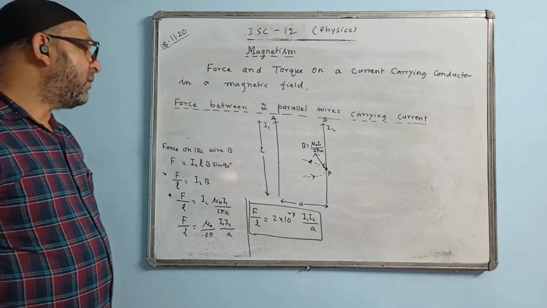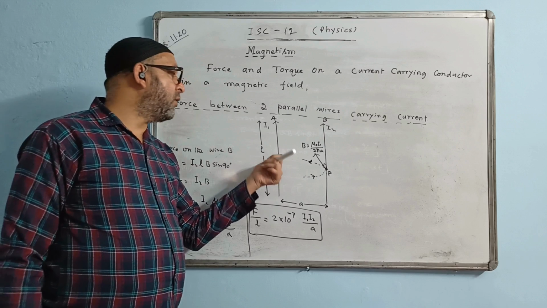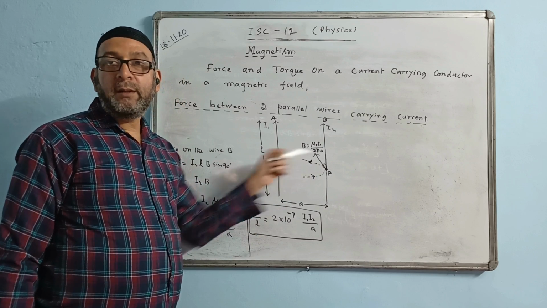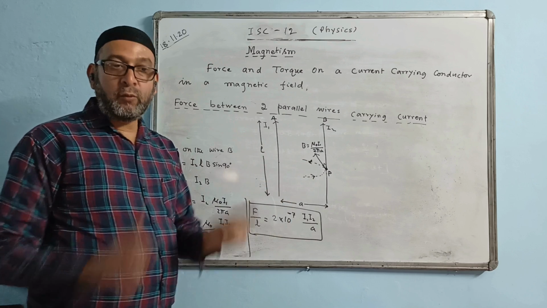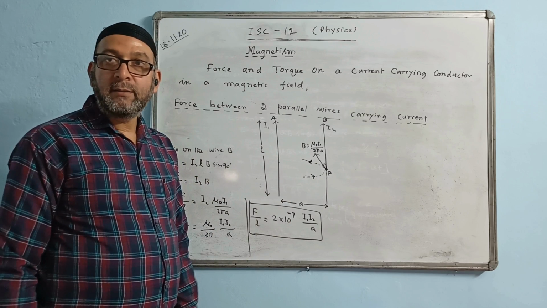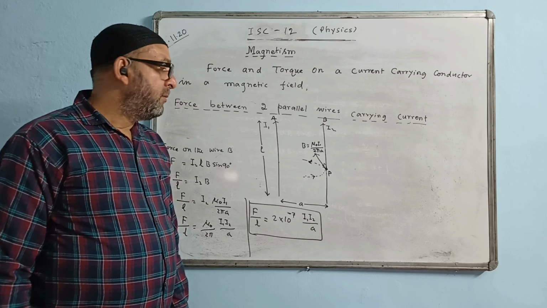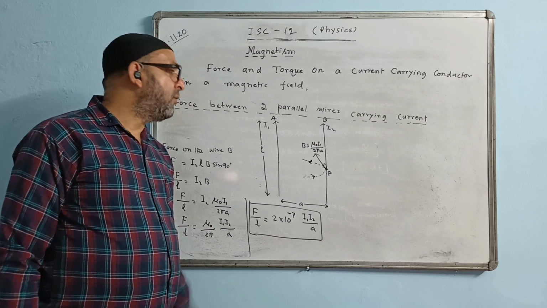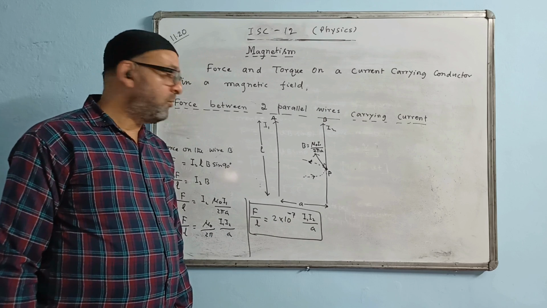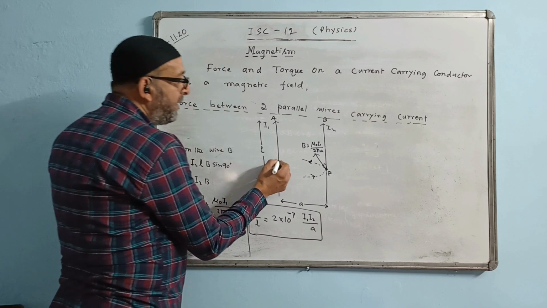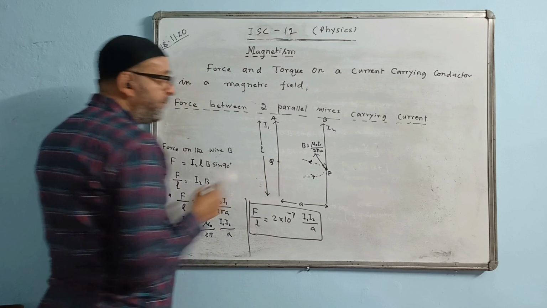Now you can see one thing over here. This wire will also experience the same force. The force will be mutual, an equal force on each other will be acting simultaneously. You just have a look at it and there is no need to copy, just see why the force becomes equal. I'll take a point out here, Q.